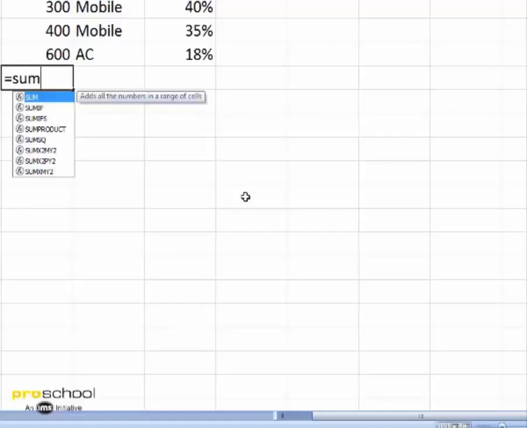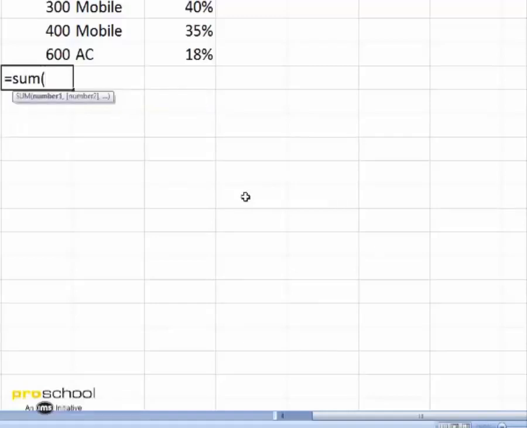The moment you put the first round bracket, Excel help changes from description of the function. It now becomes what values are needed by that function. So this is saying number 1, comma, number 2, and so on.